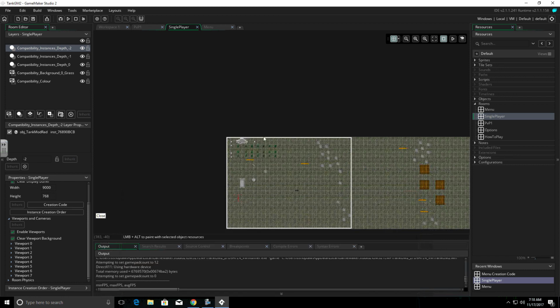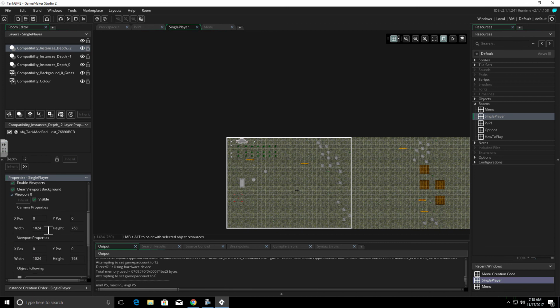So viewports don't have to take up the whole screen. You can make it to where you can just see a little portion of the screen if you have a world game or something like that. And you can set all of those options here. You can also have multiple viewports set up. So for instance, we can set up how big our viewport is. We can set up where it is, what it follows, and I'll probably do a whole tutorial on just that itself.